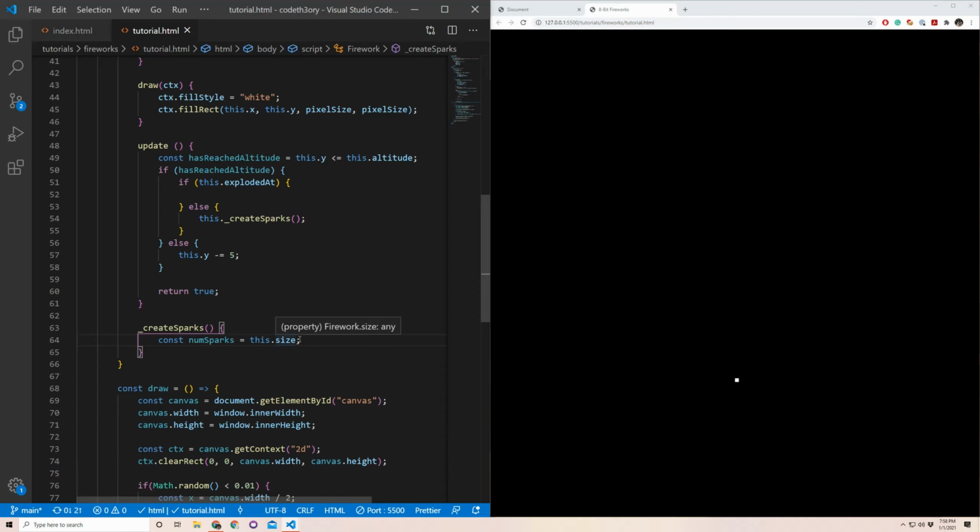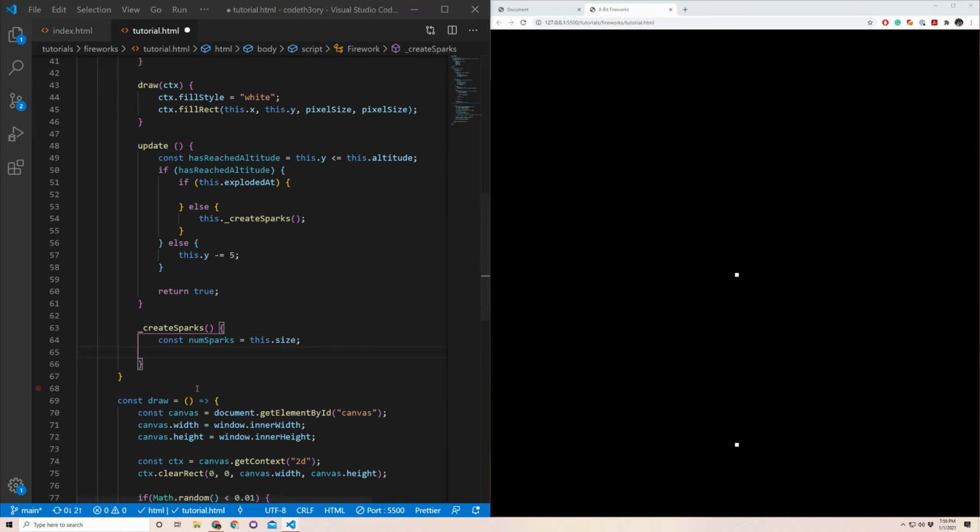And this will probably change depending on what we see later on screen, because as the firework size expands, it's going to go up by the square root since we're dealing with an area. However, this numSparks variable right now is going to increase linearly with size, so we might actually want to add fewer or more sparks depending on the size of the firework. So for let i = 0; i < numSparks; i++, we're going to loop over each spark